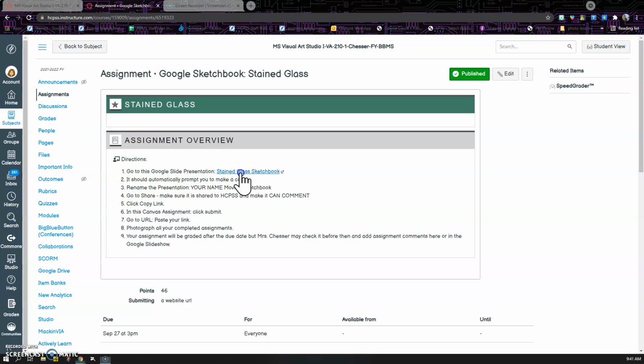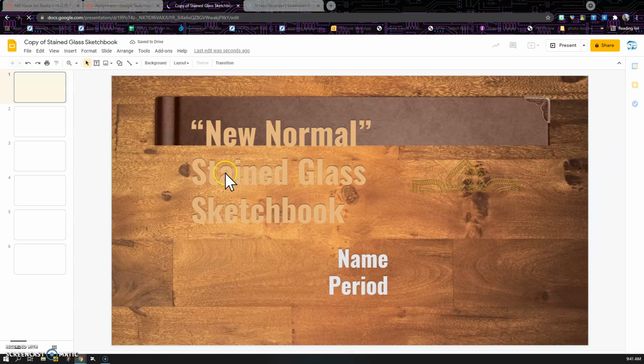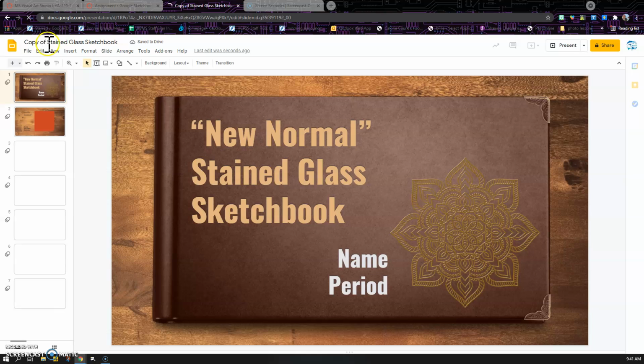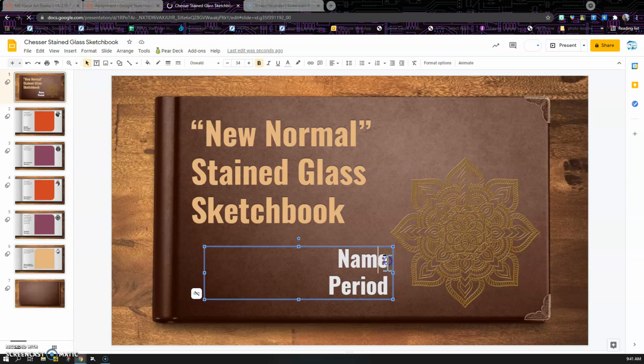You're going to click on stained glass sketchbook. It's going to prompt you to make a copy. Make a copy. Once I've made a copy, the first thing I'm going to do is go up here and change my "copy of" to say Chesser. Then the next thing I'm going to do is go to my slide 1 and change my name